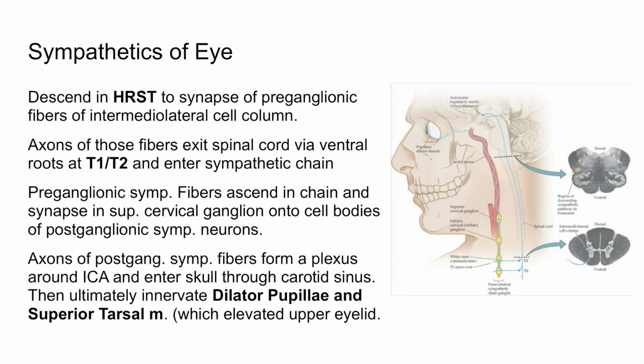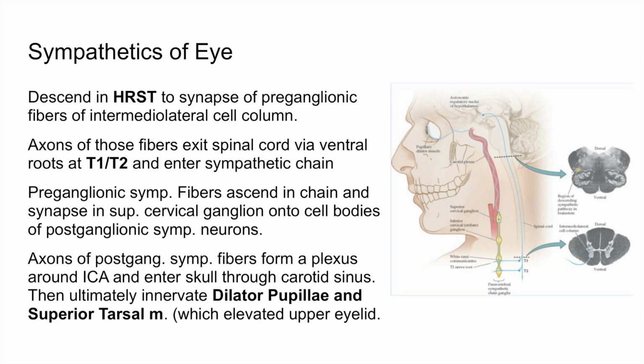So now flip it clinically. If you lose this pathway anywhere along the chain, you get Horner syndrome, which will lead to miosis, which is loss of dilation, ptosis, loss of superior tarsal tone, and often anhidrosis, depending on where the lesion is. So the key is that this is a 3-neuron pathway. So lesions can be central in the brainstem, preganglionic,